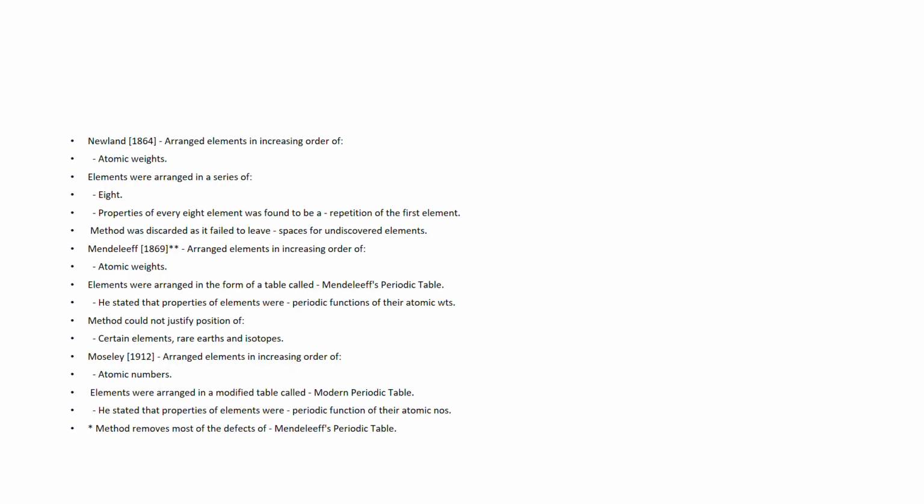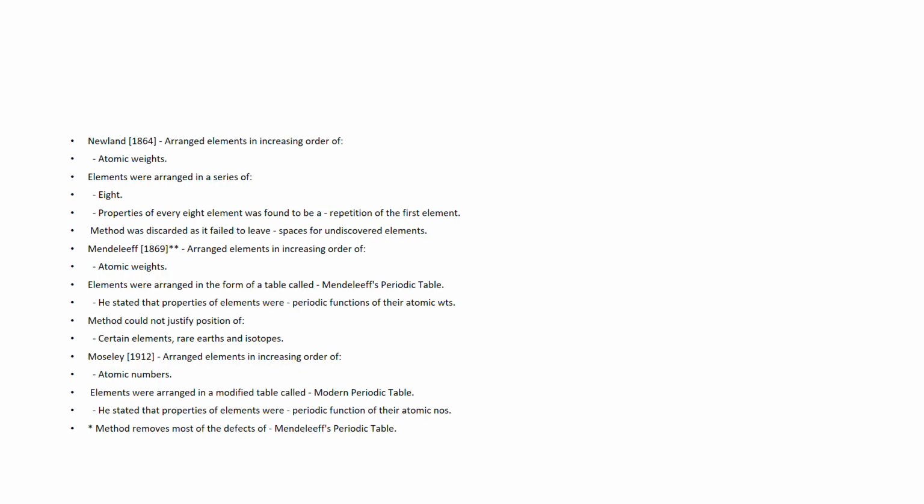So he said that every element is like the musical note sa, re, ga, ma, pa, da, ni, sa. So there are 8 elements, and the ninth element's property is equal to the first element's property, and the 10th element to the second element. He did it like that, but this did not hold true, as it didn't leave spaces for the